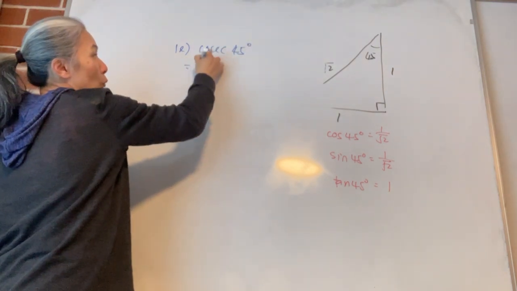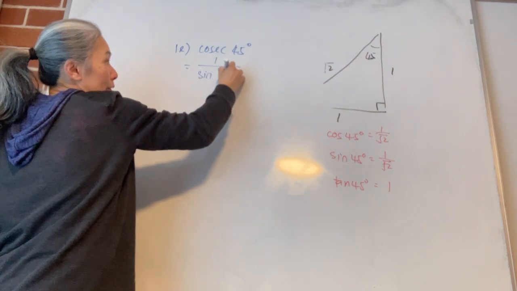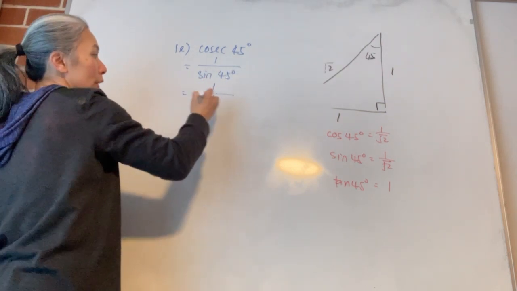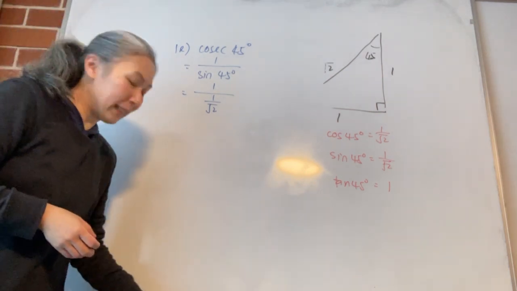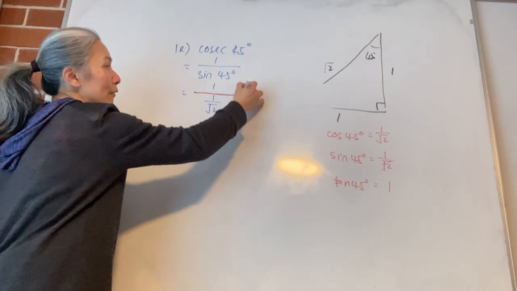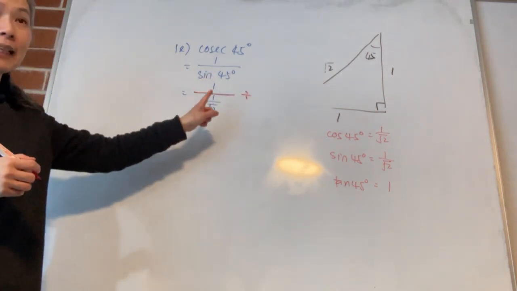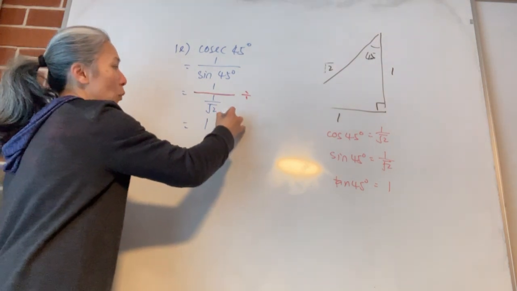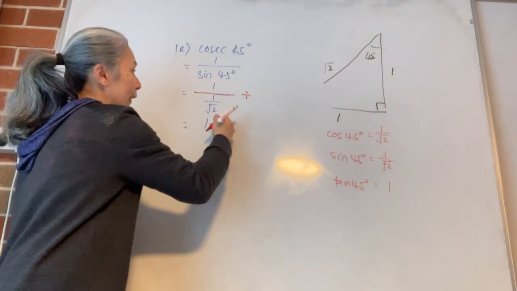So you are going to write 1 over sine 45. And from what we know, sine 45 is 1 over root 2. Now, I want you to think about this line. Everyone, can you look in here? This line in here is a divide. So I'm going to write it as 1 divided by